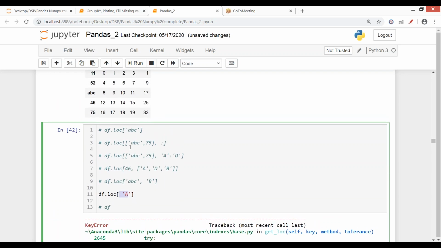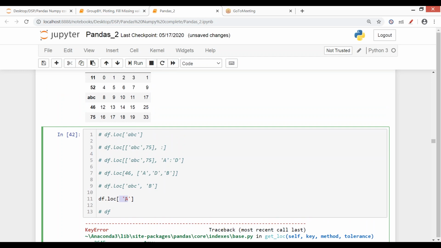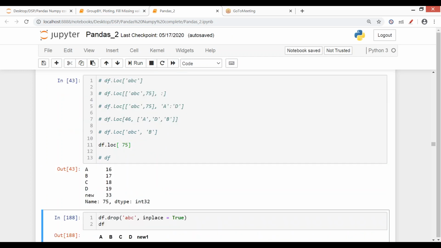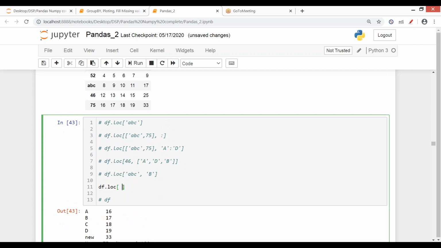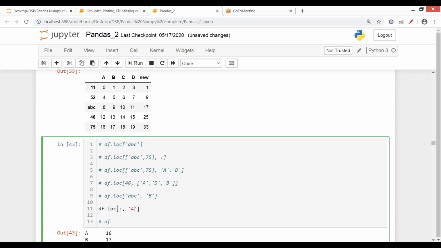If there had been a value in a row with this name, then it would have given me that. Now if I just run ABC or 75, it will give me the result, the row 75. But if you want a column with all the rows, then you have to specify it this way: include all the rows, comma, and the column name you want. So now it will take all the row values into consideration and give